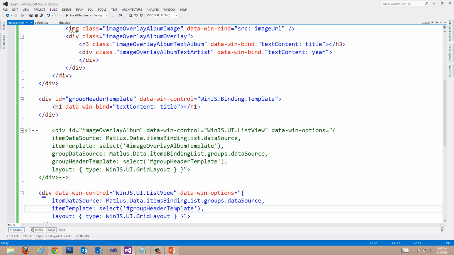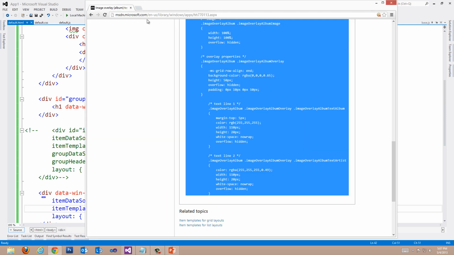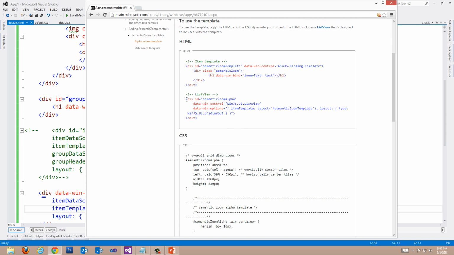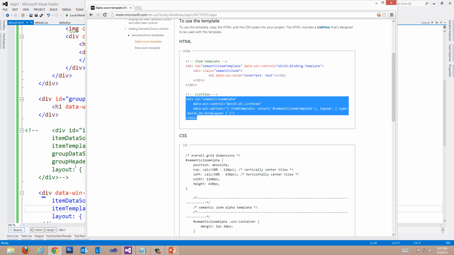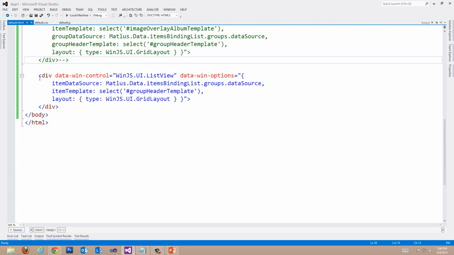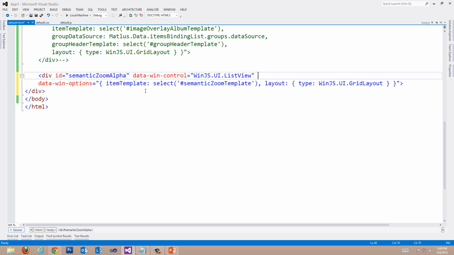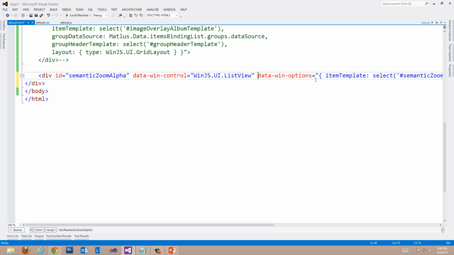So what I'm going to do is go back to my presentation, which had the URL for the template we want to use. So in this case, the list view is that, and we're just going to copy this list view here, the HTML, clean up the layout of this HTML a bit,